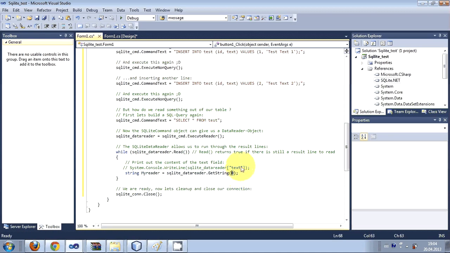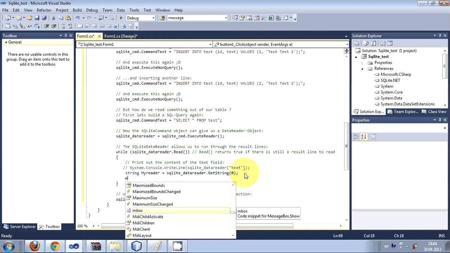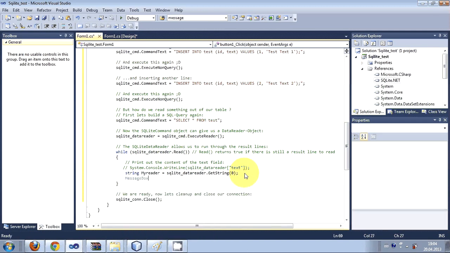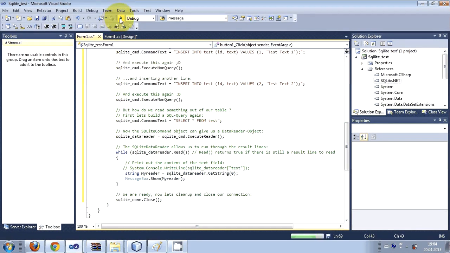represents the first column of your table. So if you write 0 here, it will show the first column data in your database, and it will place it in this myReader string variable, and then I will just show it in the message box. MessageBox.Show, bracket and bracket closed, and in here I will just pass this myReader string variable. Okay, and now I will try to run my program,